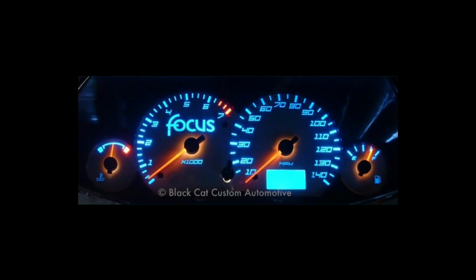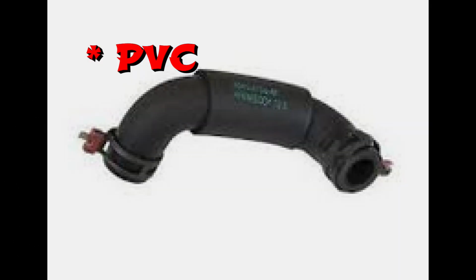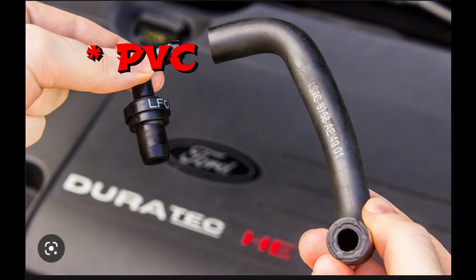So let me wrap things up here by saying something about the high idle. I'm talking 2 to 2,500 RPM. Twice that's happened to me, and in both cases I found that the PCV hose had split. So in my case the hose lasted roughly 9 years on average, or 100,000 miles. It's pretty annoying to have to look at the check engine light, but it's really the high idle that'll